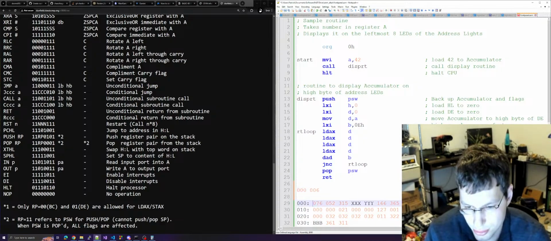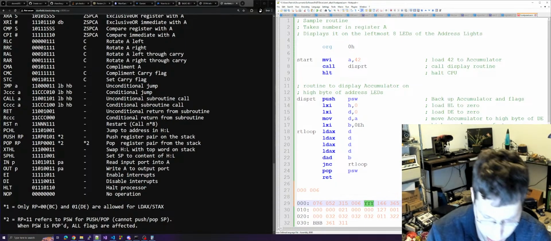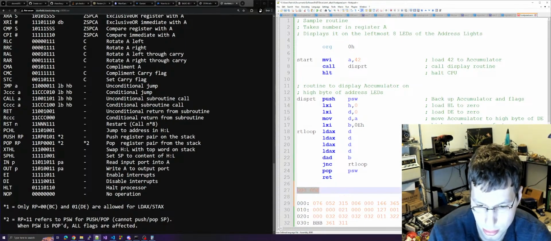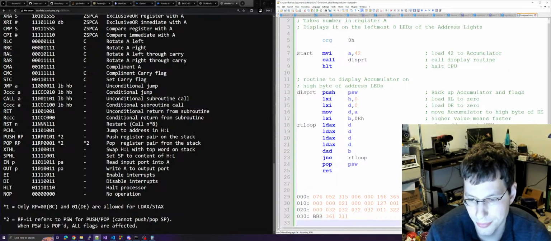Low byte first. High byte next. Okay. And then return loop